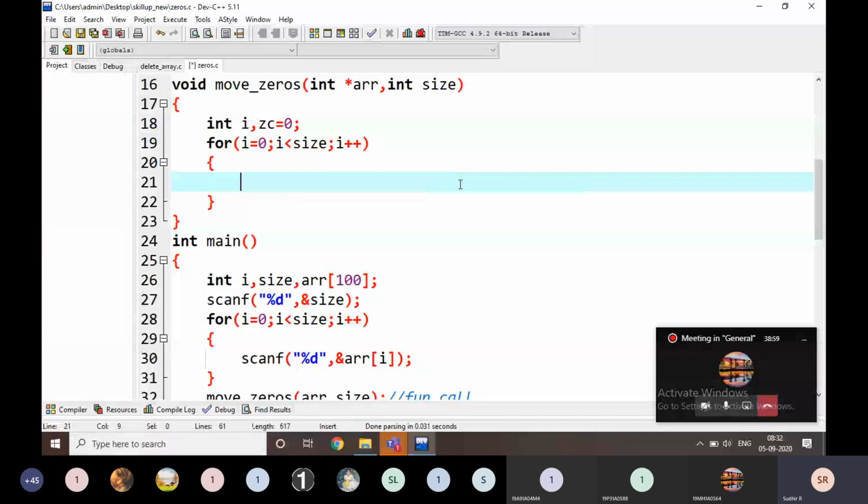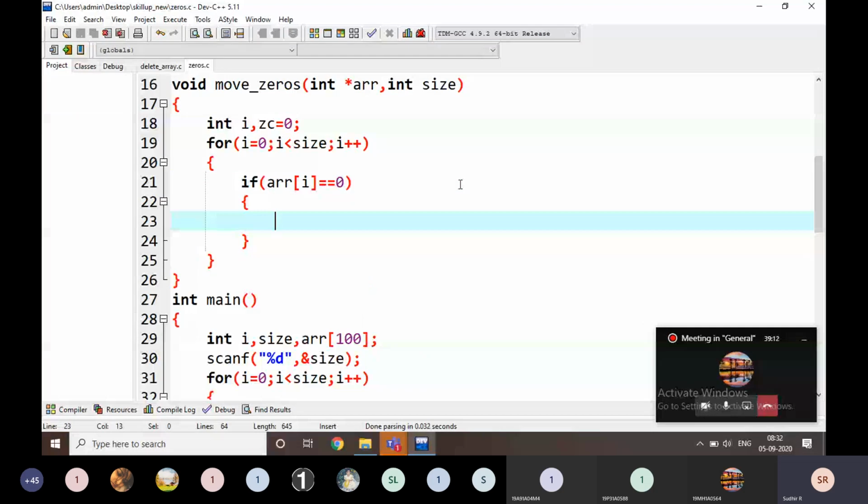Here, if arr of i is equal to 0, I am going to delete that value and I am going to do zero count plus plus. That means I am maintaining a zeros count and I am going to delete the zero. Okay, I am going to delete that zero, no doubt about that.